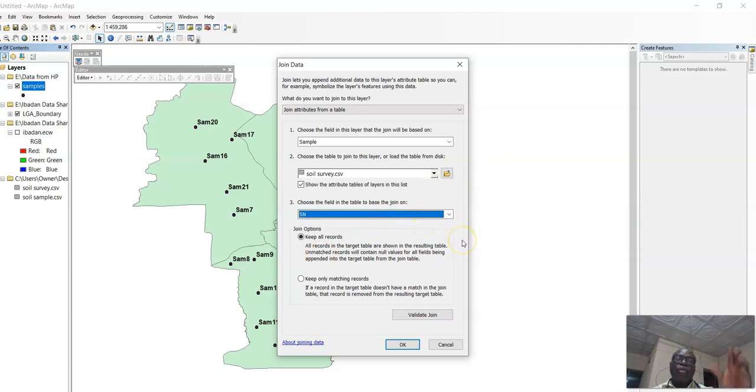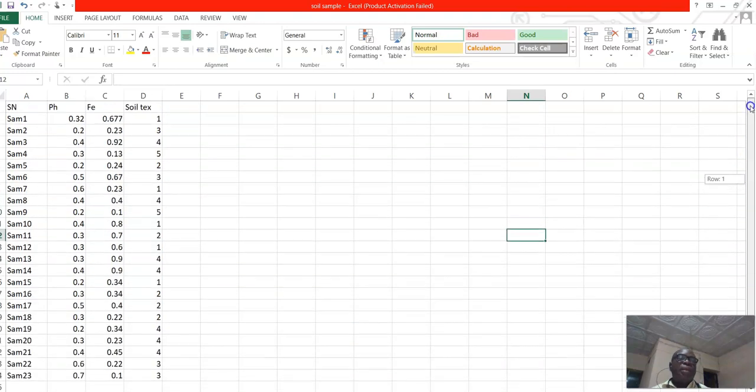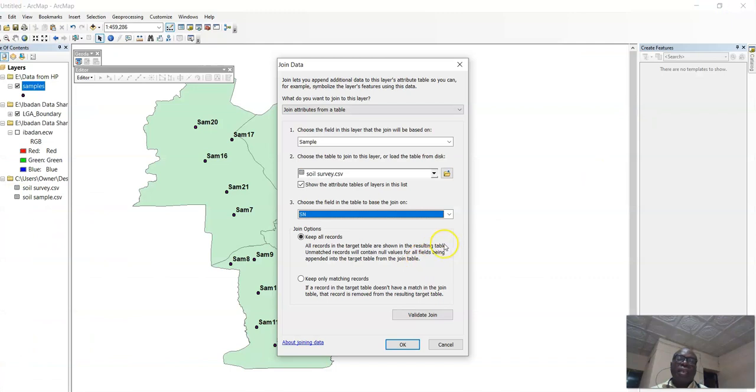Serial number is what we use as the soil sample here. If you look at this sample, the field name for the sample is SN, that's serial number. So you indicate that you want to use SN on the database to join sample on the map, or the reference station. You select keep all records and you click OK.